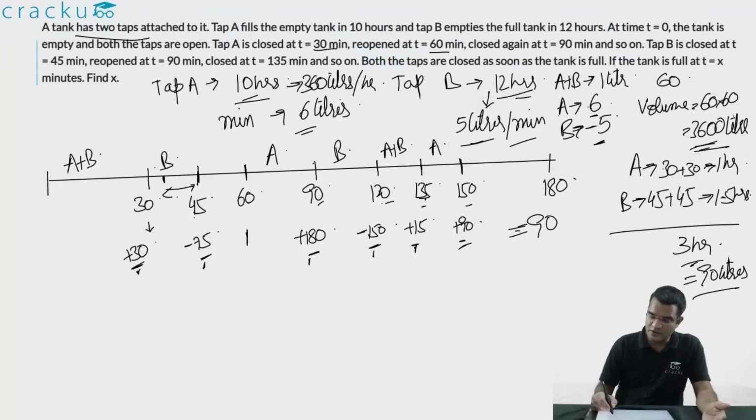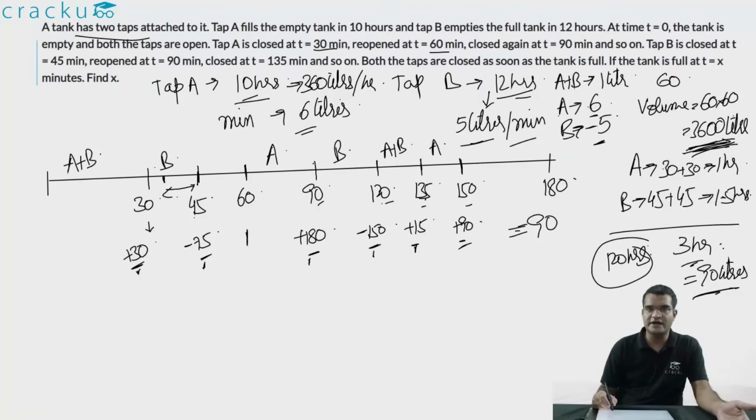We assume that the overall volume of the tank is 360 liters. So if you are looking for what is the total time that it takes for these taps to fill in the water, you can normally assume this to be equal to 3600 divided by 90 into 3. So you will get this to be around, say, 120 hours, which is basically the total volume 3600 divided by 90 into 3. But in this particular case that won't hold true, because they are not filling